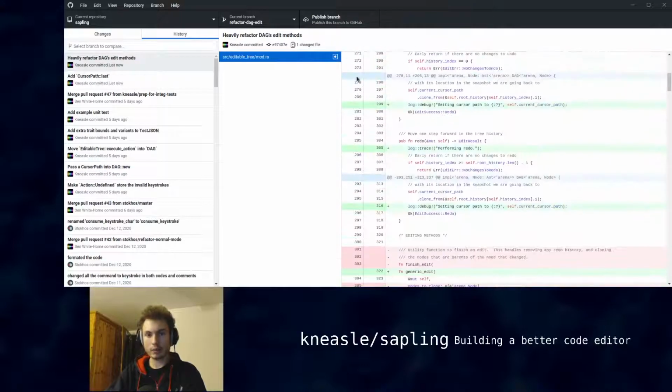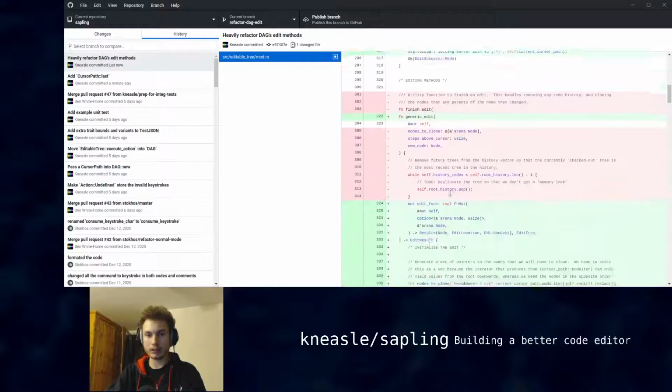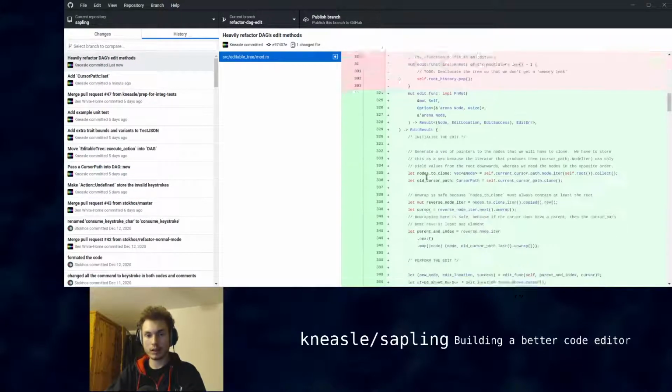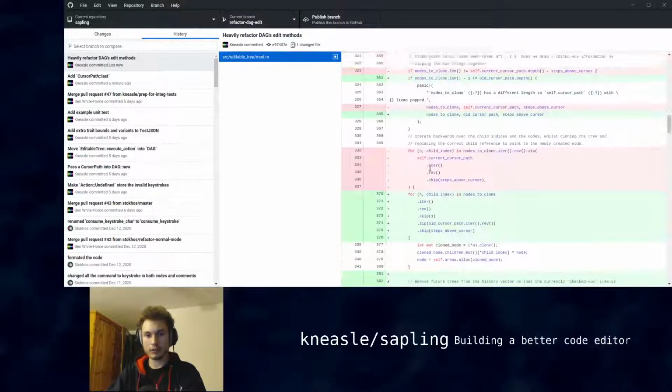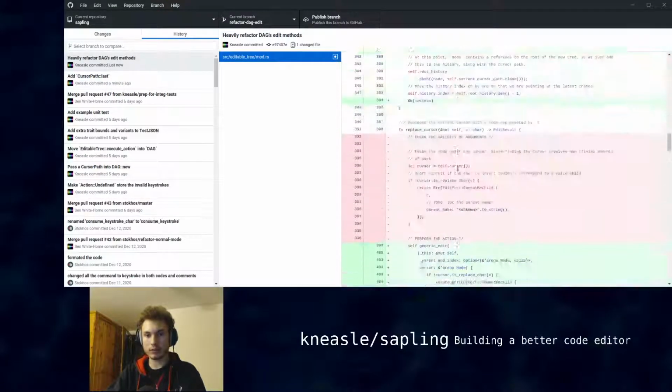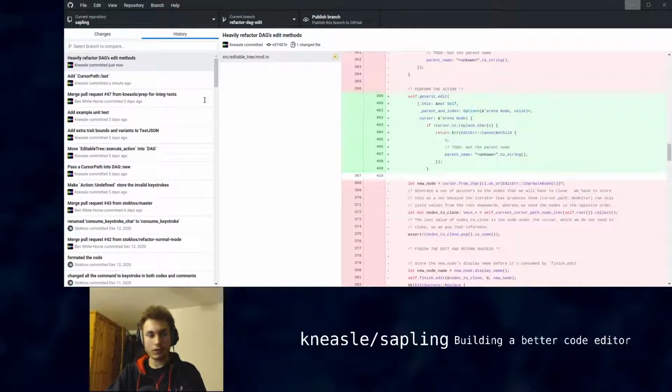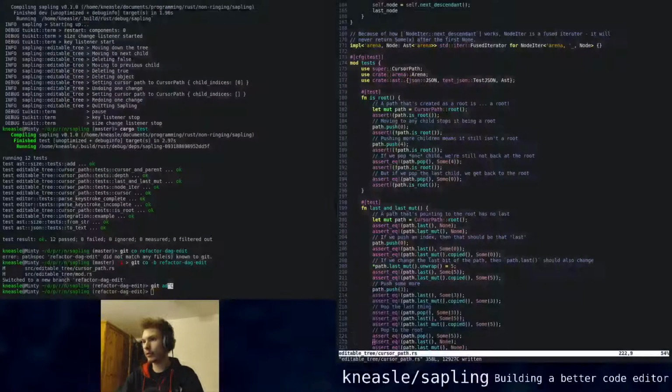So yeah, we added some logs, but I think that's just part of the refactoring. Oh yeah, and then it's just massive amounts of stuff has been refactored. So here's the last thing to check before we wrap up: has the other bug that we found been fixed? So if we cargo run,